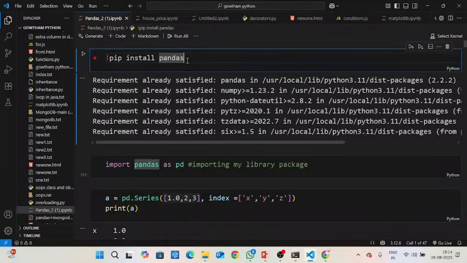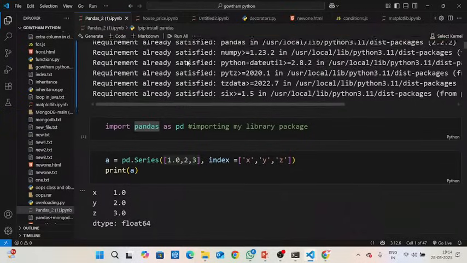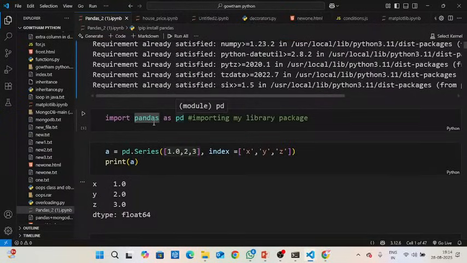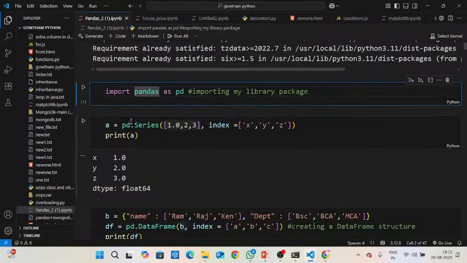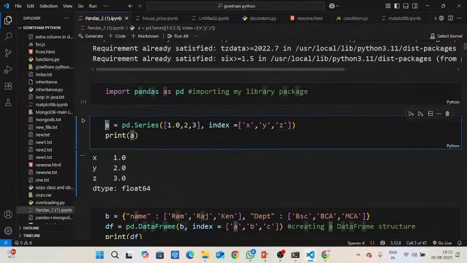Pip install pandas, that means Python install packages, install pandas. After that you need to import that library. Import pandas is enough. We use an alias name for Pandas: instead of pandas, we directly use as pd. After that I create one variable with the name A.